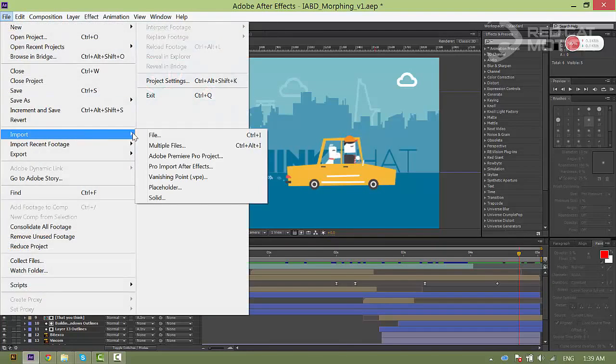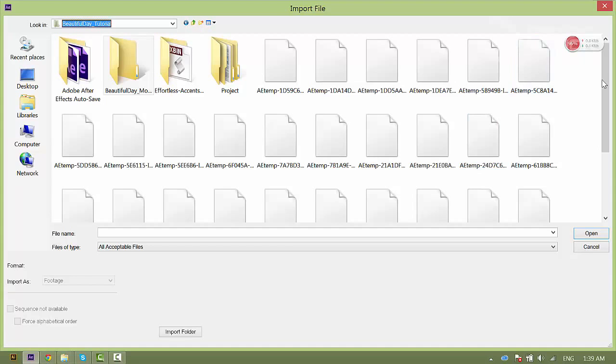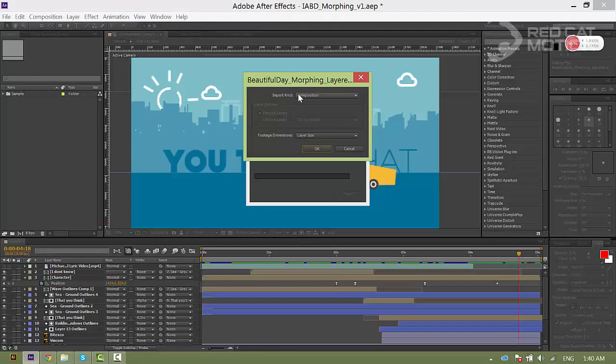First, I will go to File, Import, and select the file that we have just separated layers. Remember to separate layers yourself. I will not do that for you, so that you can form the habit of separating layers. After a while, we work faster and more efficiently.